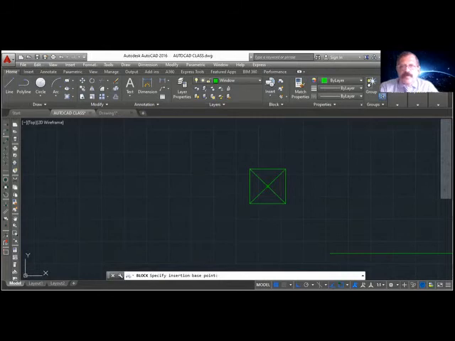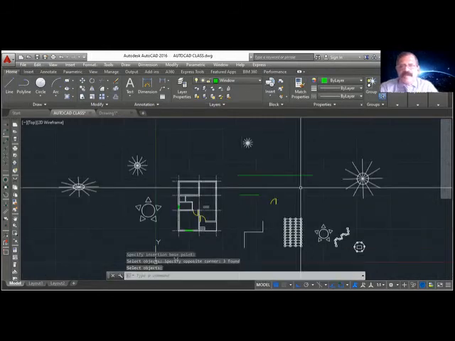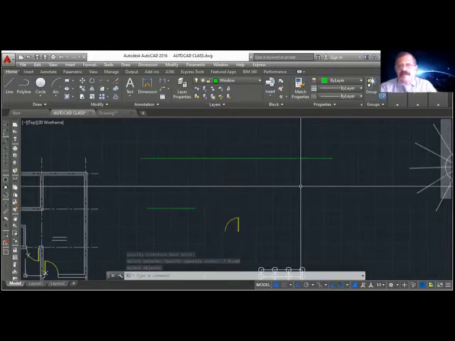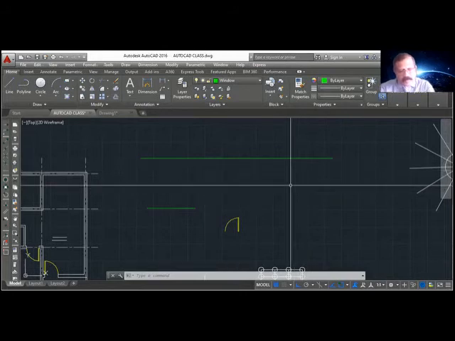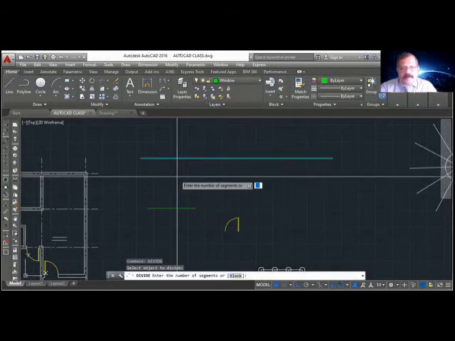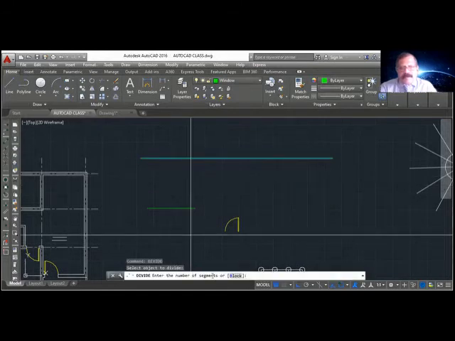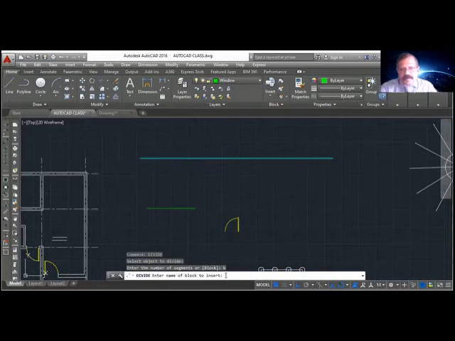I want to keep that pillar equally spaced. So I'll say divide, this object. It's asking divide segment or block. So I'll say block, B. It asks to enter the name of the block. We know it's pillar.